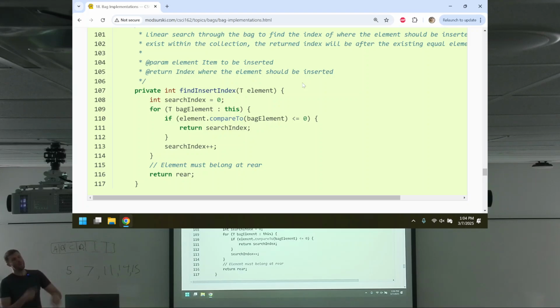You might say to yourself, shouldn't I just check less than? Because there's nothing saying I couldn't have duplicates, right? So if I want to add the number 5, where does it go? According to this, where would the new 5 go? Right here, right? Now, we could really take a moment and think about this. These elements are equal. Does it really matter if this one comes before this one or not? It kind of, maybe, it really depends.